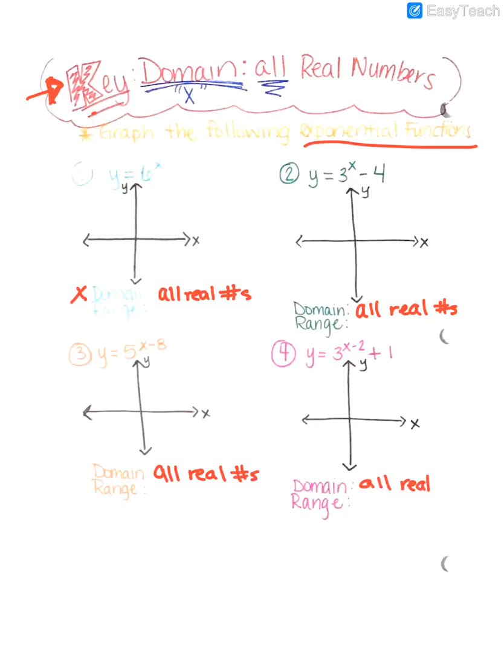So anytime you see they're looking for domain, then you can go ahead and select all real numbers for domain and range. Because we are short on calculators and you all probably don't have one at home, for the graphing there are two ways you can do it. You can either graph it and just match, but because again we do not have that calculator, the other way that you can do it is go ahead and create a table for every single